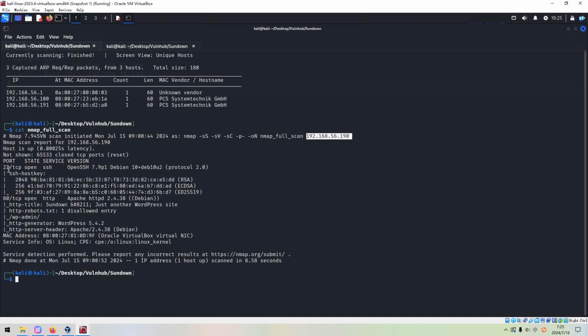The first one is 22, which is running SSH service, or secure shell service, and also the version information. I think this version is not a very new one. However, I don't think we can find any vulnerability. The next one is 80, which is running HTTP service, and also the version information, Apache 2, and also from